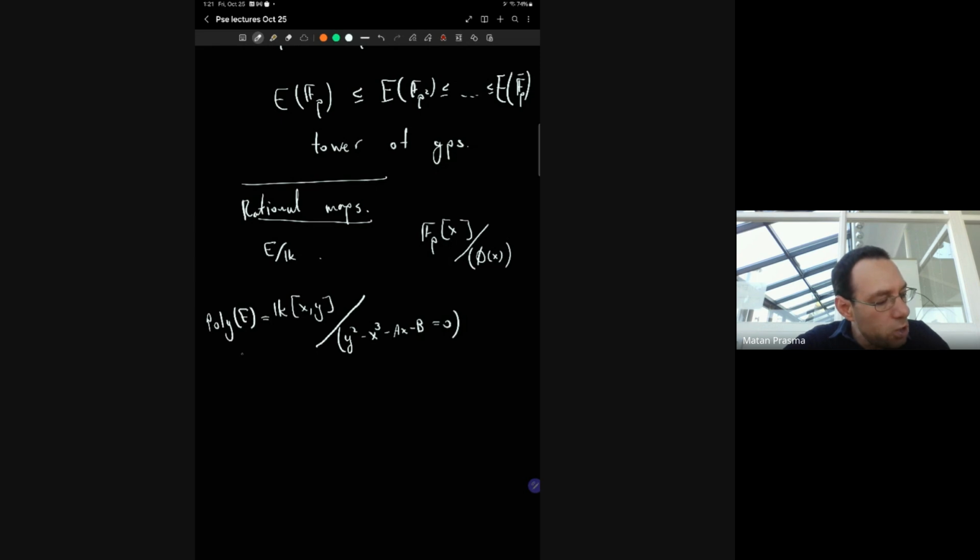And already here, I have the algebraic description. So a polynomial over E is going to be some f(x,y) that is a polynomial over K. But if I add two of them, or let's say I multiply two of them,